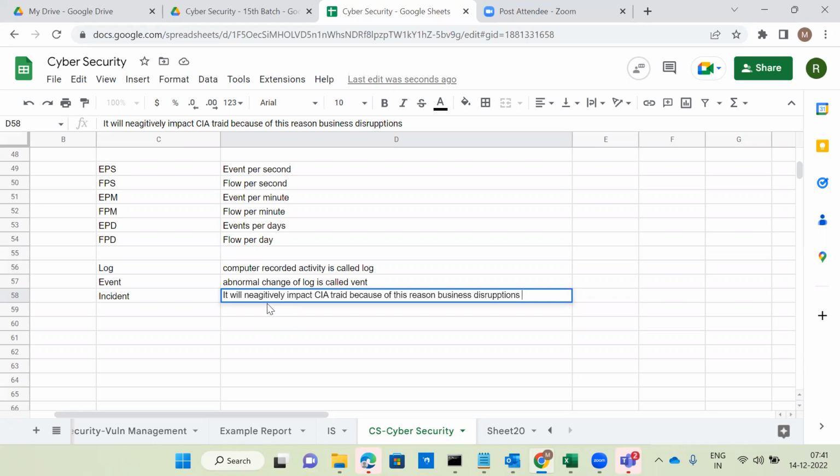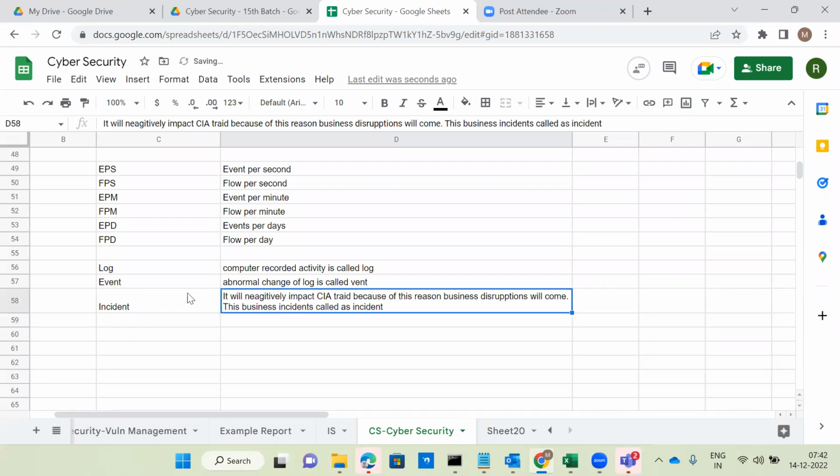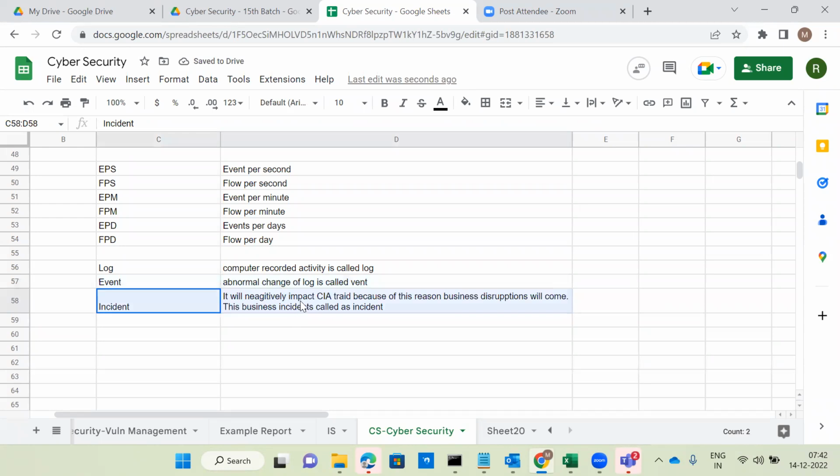Negative, not positive. These business issues are called an incident. Okay, this is an interview question, guys. What is an incident? Interview question.